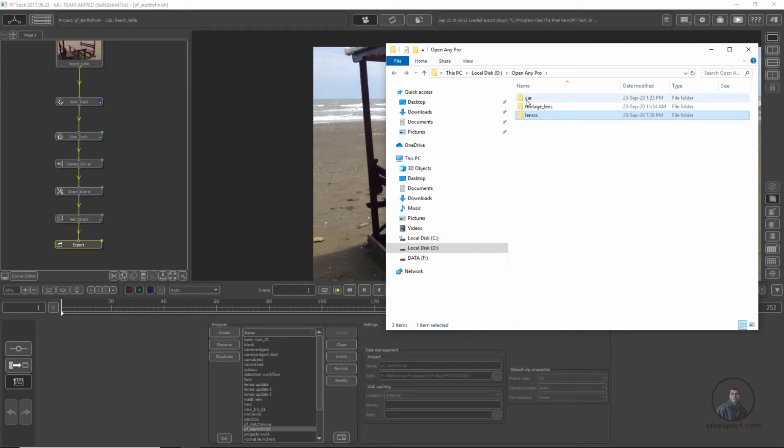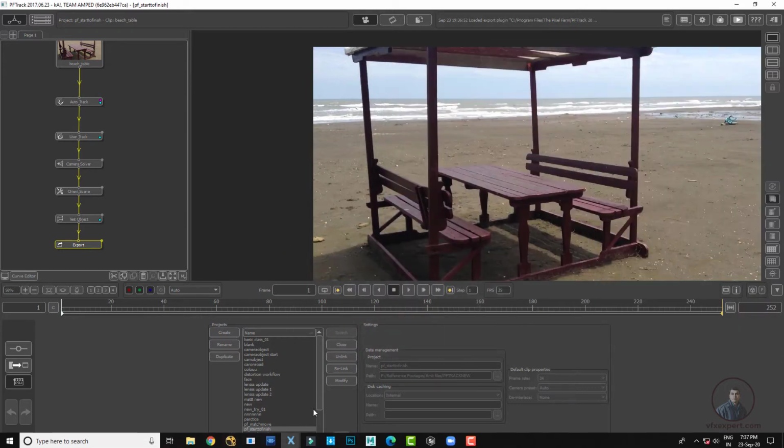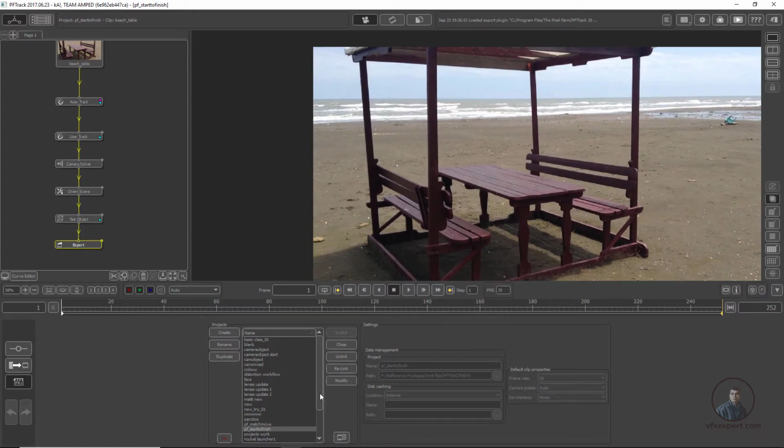First I am going to import this car project. Just minimize this one. You can check here, these two projects are not listed, so you can easily notice that. Now I am going to open both projects here. You can easily see that in PFTrack there is no option like in other software, open project. In other software you will get an open project option, but in PFTrack there is no option like that.